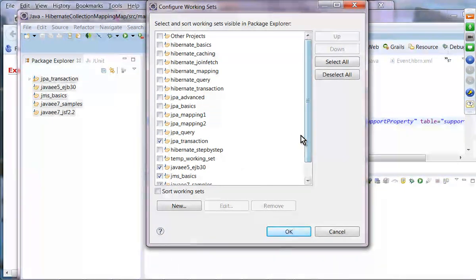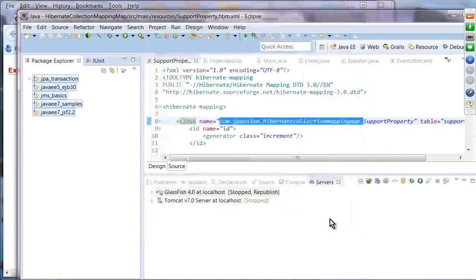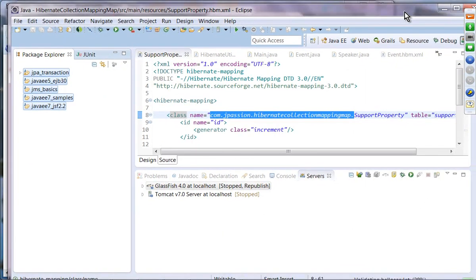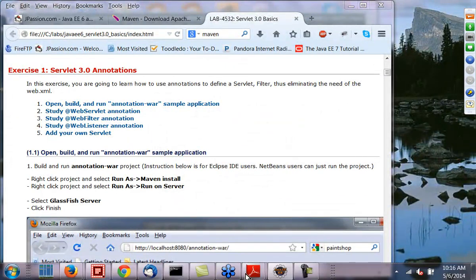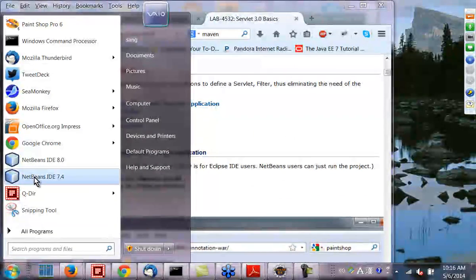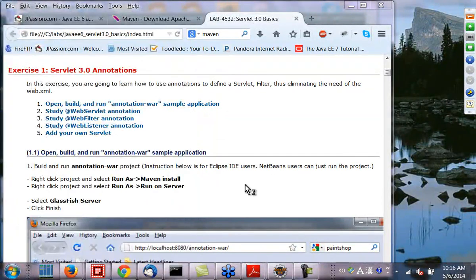No, this is my previous working set. Alright, so since I want to actually run this application, let me run NetBeans first, and then I'm going to configure my Eclipse. Looks like my projects have been already open before,